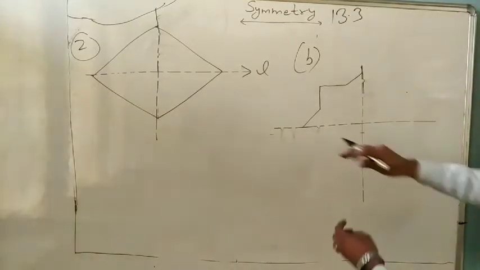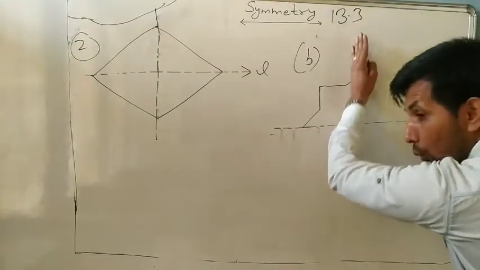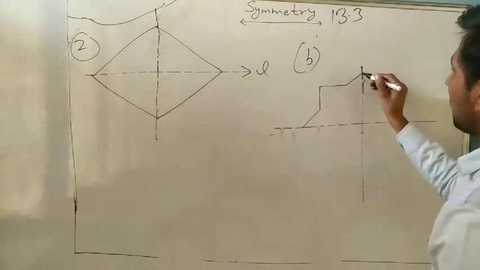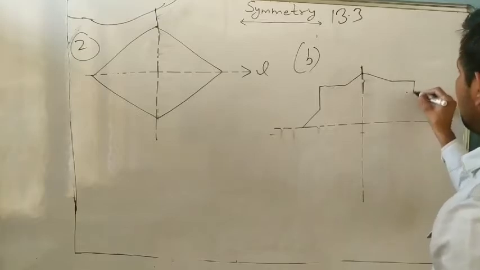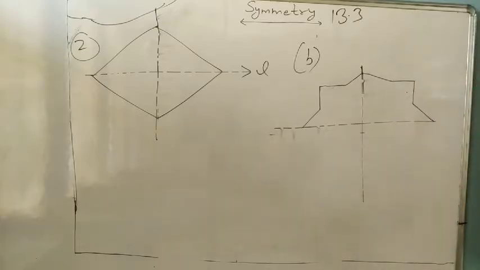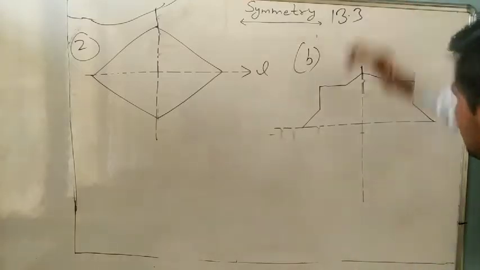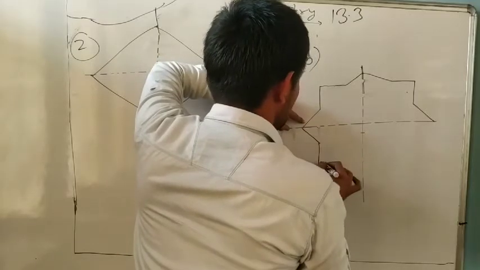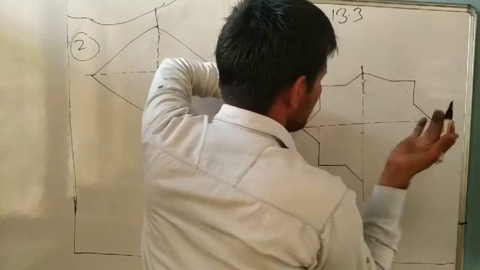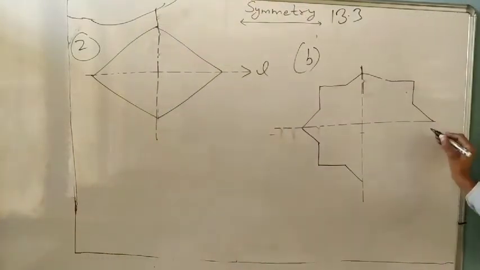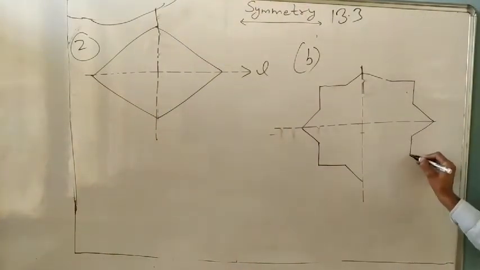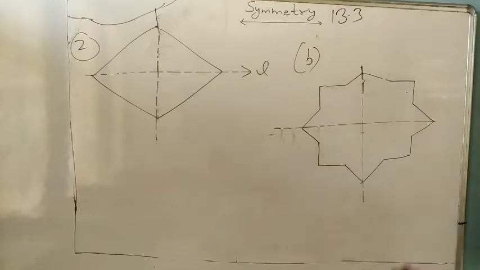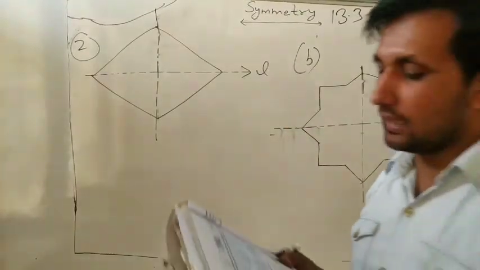Suppose first we forget that it is not a line of symmetry, and take only the vertical one. Vertical means whatever is on the left side is the same on the right side. So this one, next this one, and next this one. Whatever is on the top side is the same on the downside, so we will make the downside the same as it is. This is your line of symmetry. You can do the other parts also.